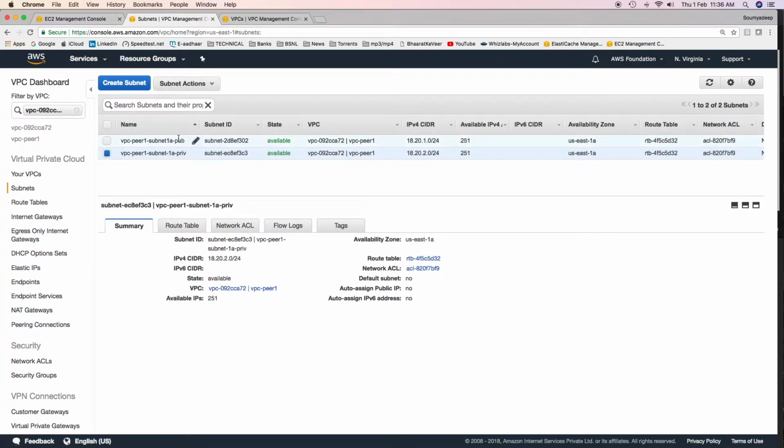I have created two subnets, one with name pub in it and the other one with name priv in it. Let's make this subnet a public subnet and this one a private subnet.